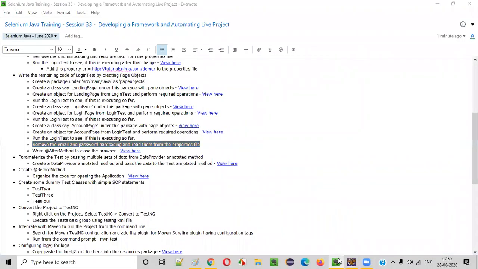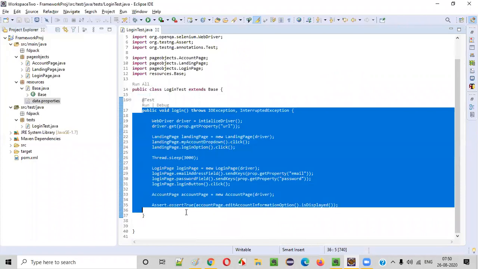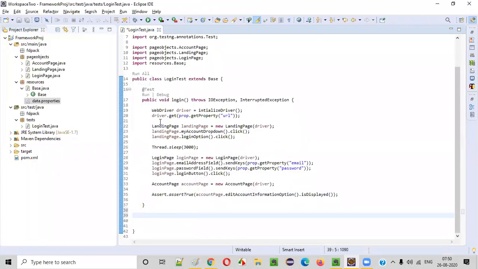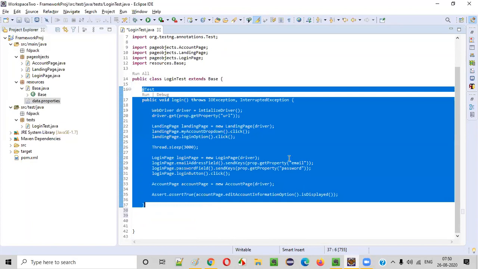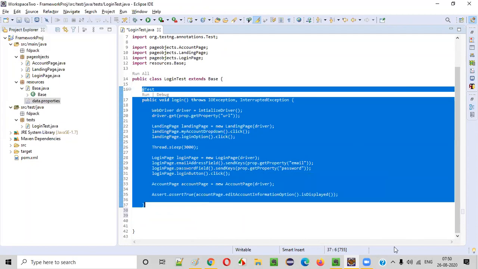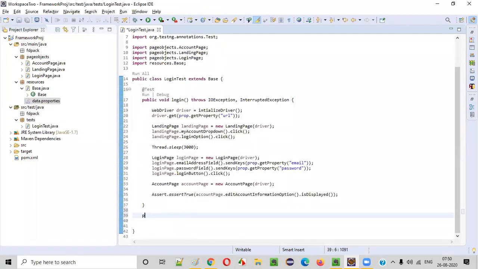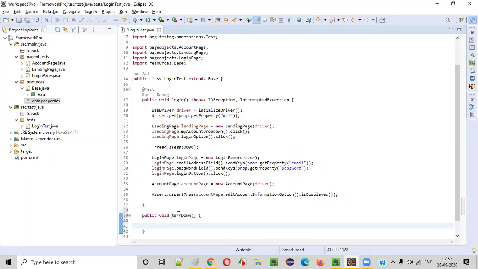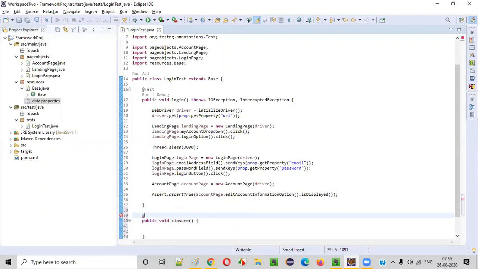Next step is, for closing the browser, we have to create another method, right? So far, our test is getting launched, our browser is getting launched, application is opening, and all operations are being performed, but the browser is not getting closed for every test run. So for that, I'll create another method, that is public void. You can either say tear down. A lot of people you see using tear down. Or you can say closure, or any name you can give here, guys. You can use whatever you feel convenient.